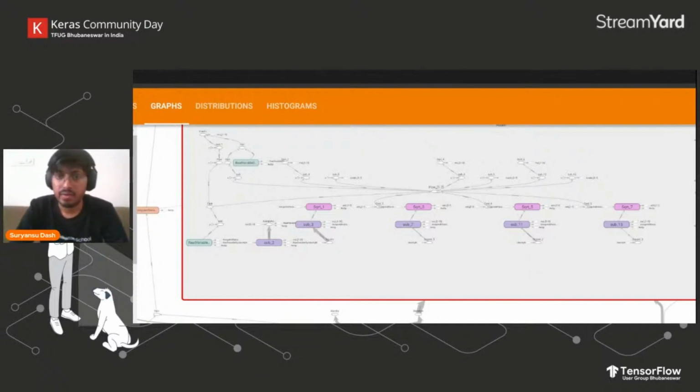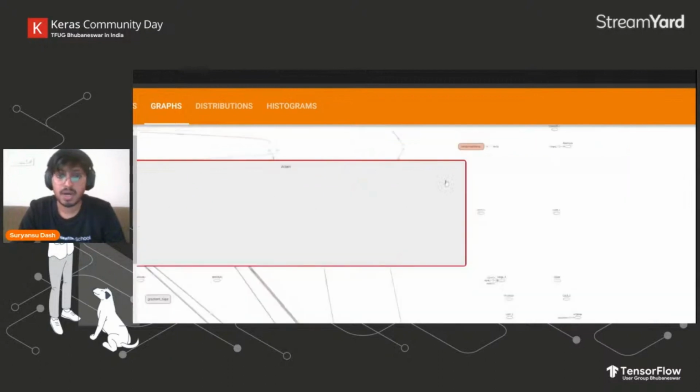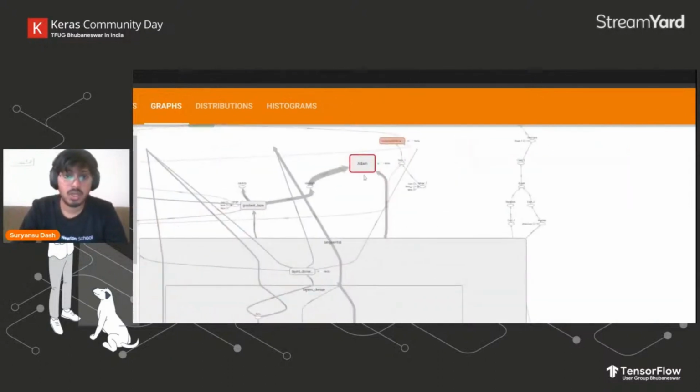I guess everyone is clear till now. Guys, are you able to see my screen, right? Like how the maps are opening up when I click on these parts, and how I'm able to show you what's going on inside each hood. Because there are a lot of components in machine learning. We only write two or three lines of code, but there's a lot of computation going on inside. So if you really want to leverage the full power of machine learning, you need to understand what's going on inside, how every nut, every bolt, every screw is working, and how tuning each one of them can affect a model.